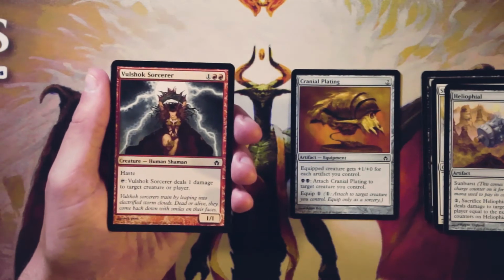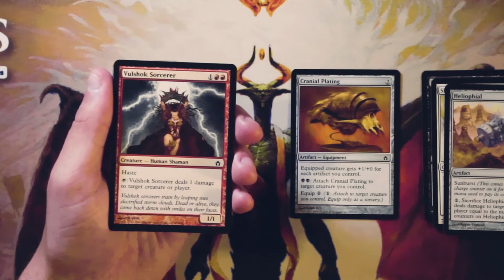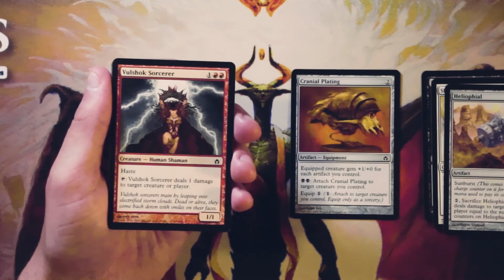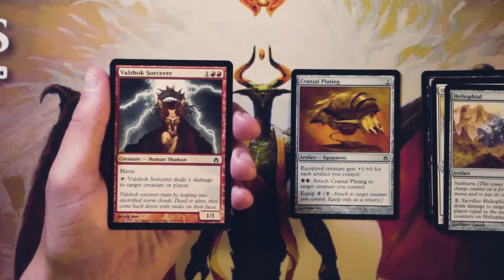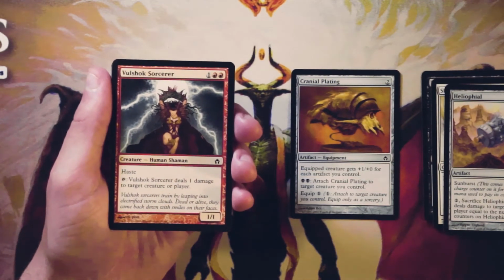Volshock Sorcerer is a 1/1 for 1 and 2 red. It has haste, and you can tap it to deal 1 damage to target creature or player. Now, this is a really good card, so it is a little expensive at 3 mana. You're only getting a 1/1, I get that, but it does have haste, and it can tap to ping not only a player,